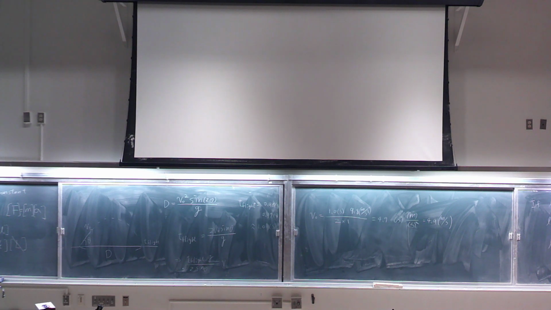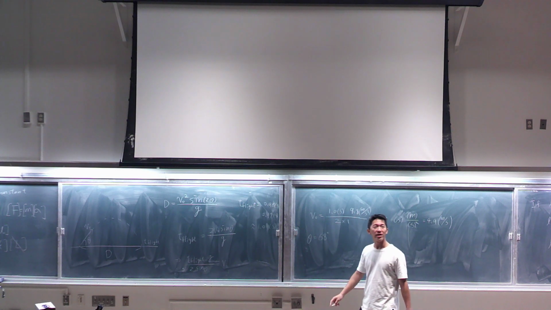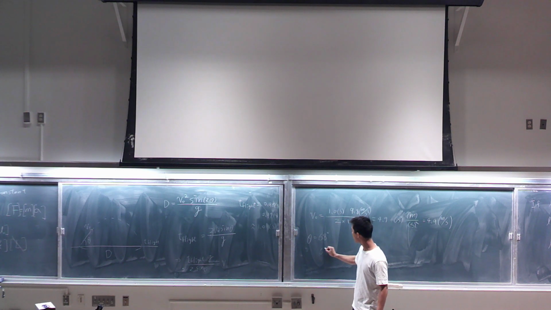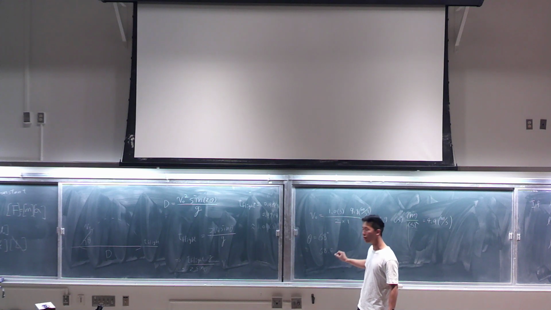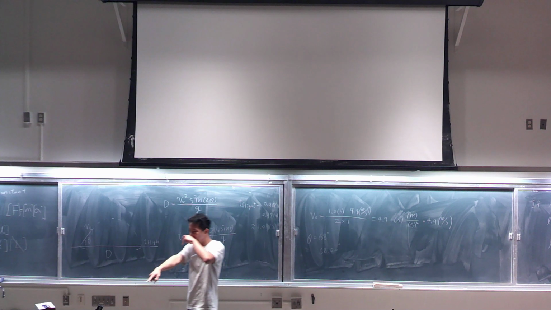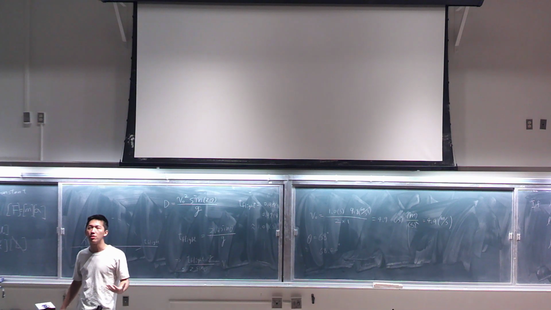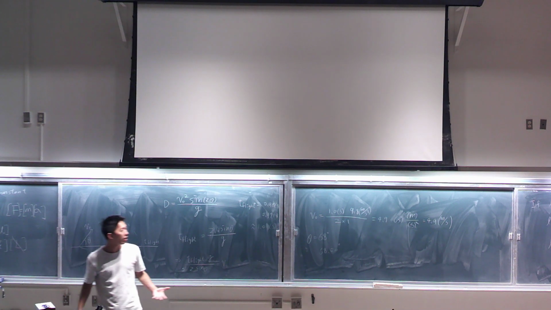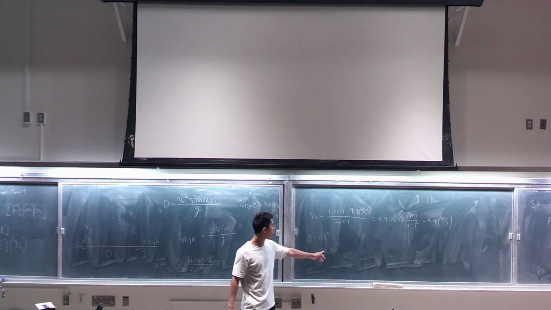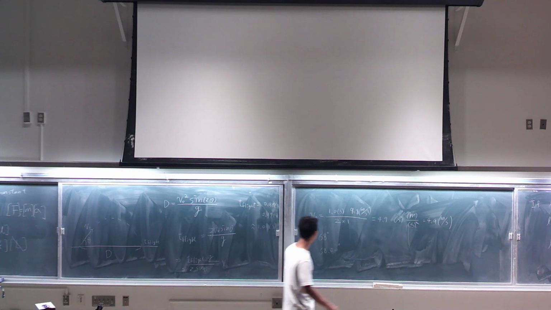Right now, the angle is 68. I can only write 68. I cannot write 68.0 or 68.00 because the protractor over here only has a scale down to 1 degree. There's no way I can measure this angle more accurately than 1 degree, so that's why I keep it